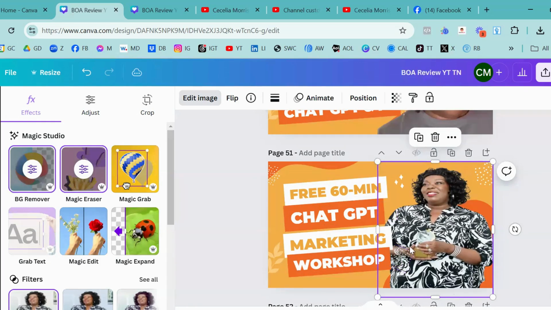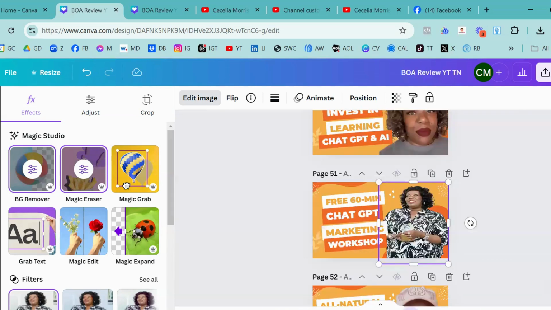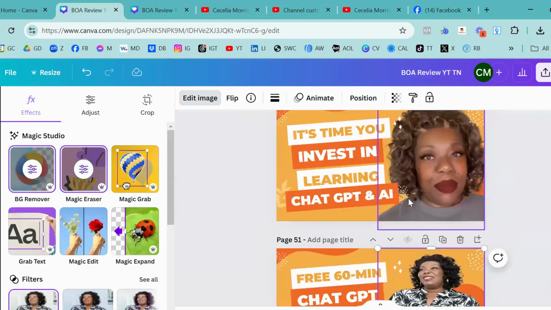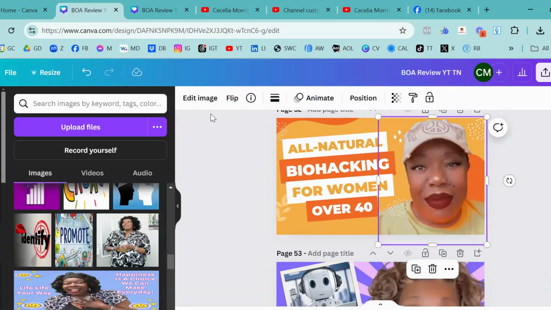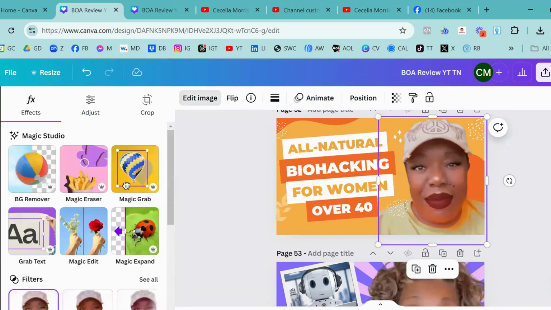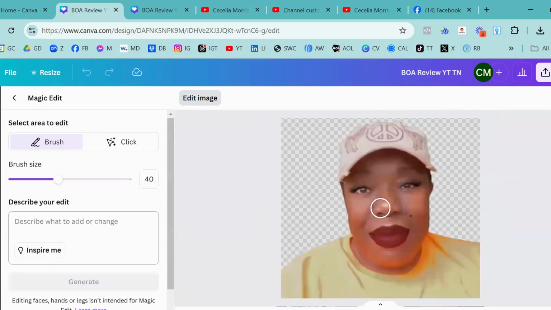So let's see, what else can I show you from here? What if I wanted to change? I'm going to make this a little bigger. Oh, let me try a different image that I might be able to do something with. Okay, so let me go to this one. I'm going to go to this image, magic edit once again. This time I want to change the color. So let's do magic edit, and I want to edit my hat. So if I click on click,